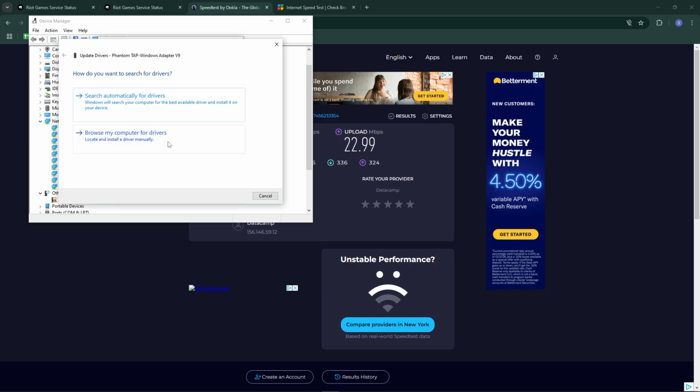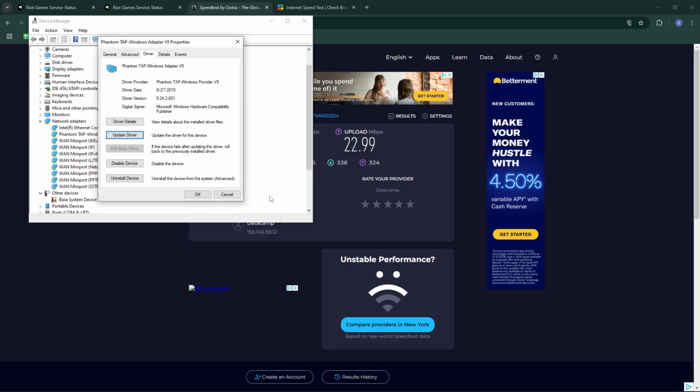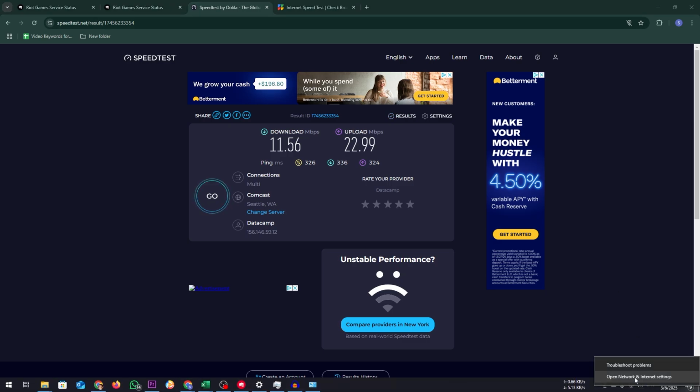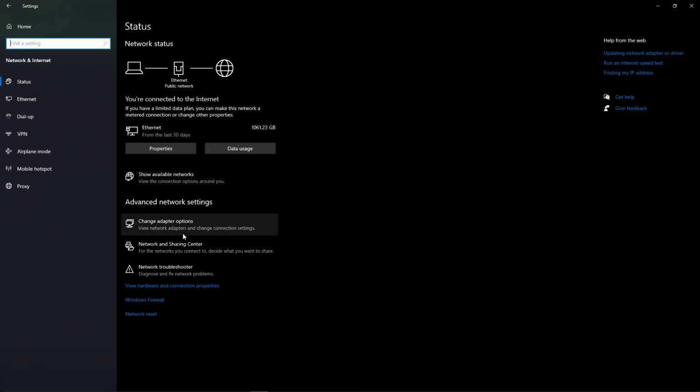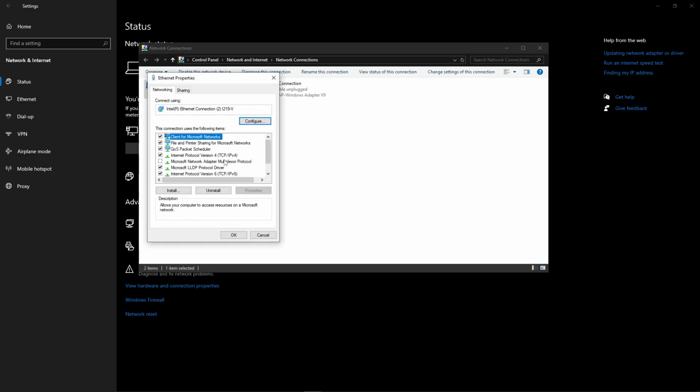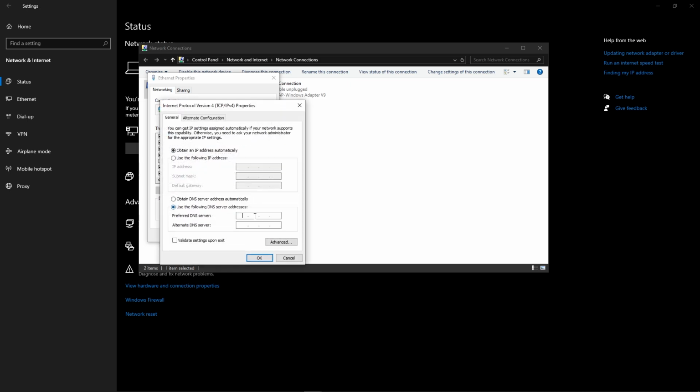If it also doesn't help, right-click on the network icon in the taskbar. Open Network and Internet Settings. Select Change Adapter Options. Right-click on your active network and select Properties. Select IPv4 and click Properties. Choose Use the following DNS server addresses and enter Google DNS. Preferred: